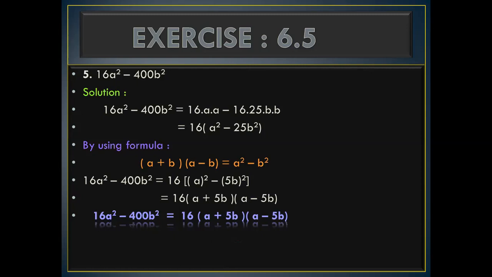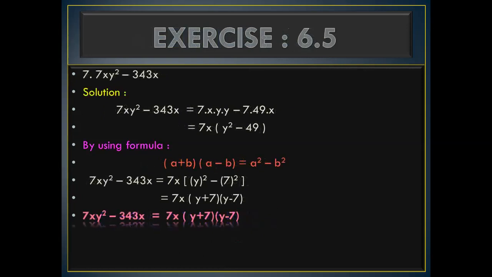Because according to the question, a is a and b is 5b. Only when you find the numbers that are the square of which number, it will be very easy to put the values in the formula, because it is difficult to find a and b only. When we calculate a and b in our questions, then we put the values in the formula and we get our required answer. Yes, the next question is question number 7.